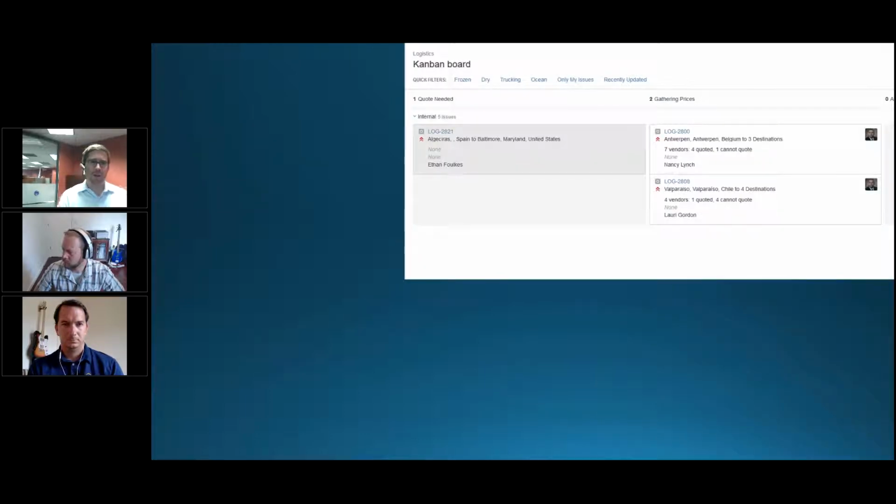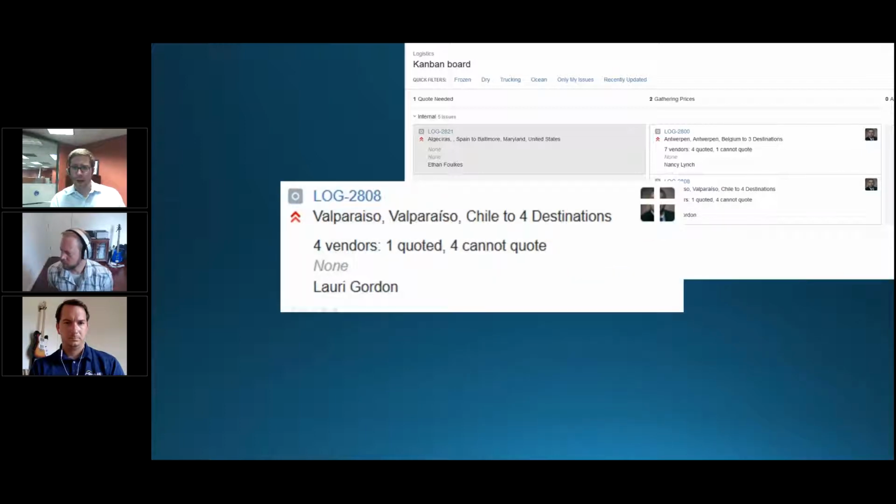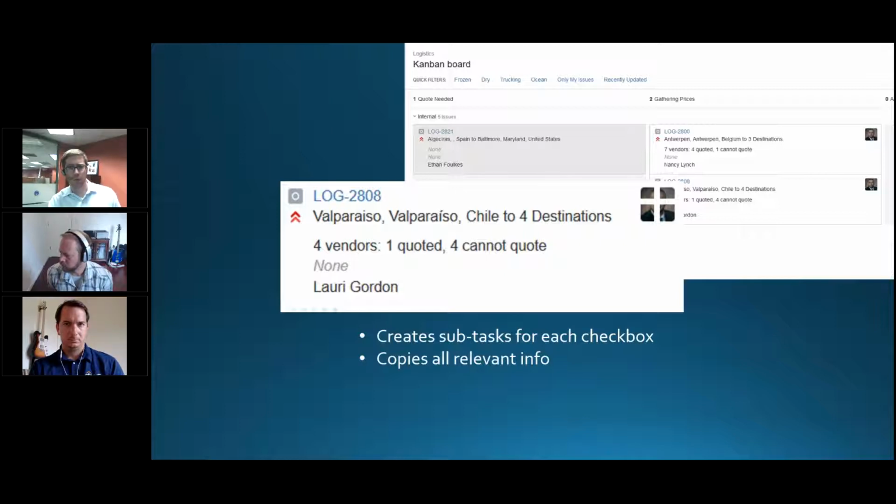So now let's take a look at what it looks like next. All right, so we've got a bunch of issues that have been moved from quote needed over to gathering prices. If we take a look at that, we'll see some things going on here. So the first thing is, like I said, it creates a subtask for each checkbox. So this has a whole bunch of subtasks, one for each vendor. It's copied over all the relevant info, so that subtask is aware of all the questions that were answered in the initial form. It sets this number of vendor fields, so we can see, okay, there were 4 vendors, and